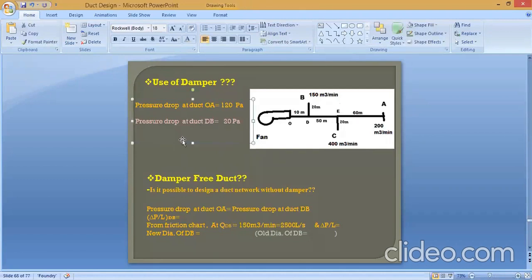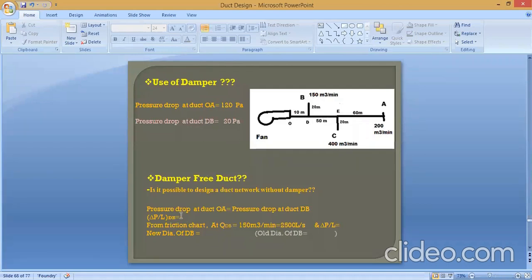Next, while designing, is there any possibility of just removing the damper? While designing the duct, you design it such that there should not be any need of the damper at all. Clear? So that you can also do. What is happening is that, because of the least pressure resistance at this D to B, most of the air is bypassing through this duct, and it is avoiding this high resistance path. So for that, we'll again compare the pressure drop.